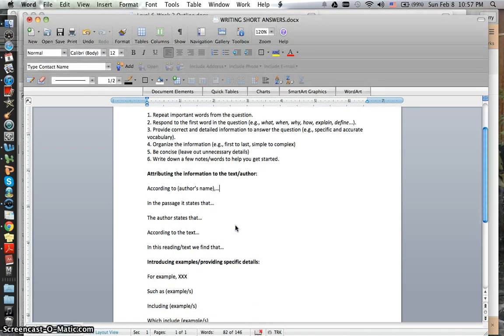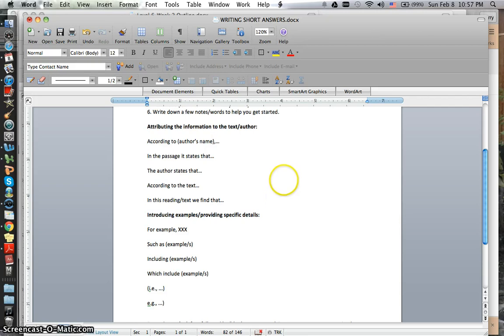I've included some useful terms here that you can use when you write your short answer response. So when you want to reference the text or the author, or in other words, attribute information to the text or attribute information to the author, you can use phrases such as according to Brown 2015, or you can say in the passage it states that this was a good idea. You can say things like the author states that this idea. You can say according to the text and then state the idea, or in this reading or in the text